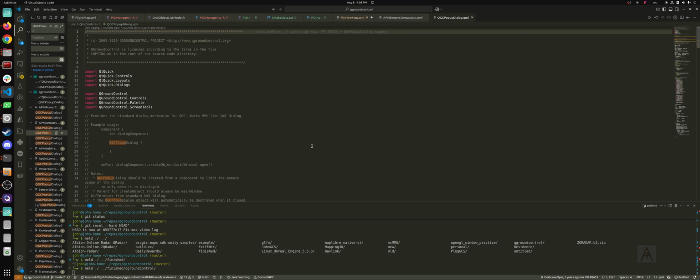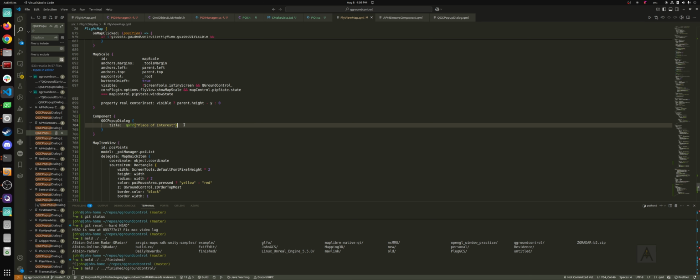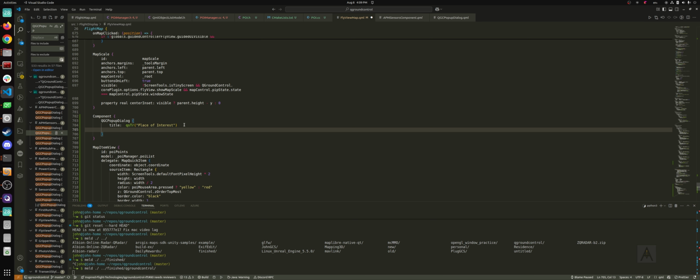And we'll set it to a QString, place of interest. You technically don't have to do this QString thing, I don't think, but if you ever wanted to append something dynamically onto this, you do something like this, and then you do .arg, but we're not doing that. So place of interest, and then